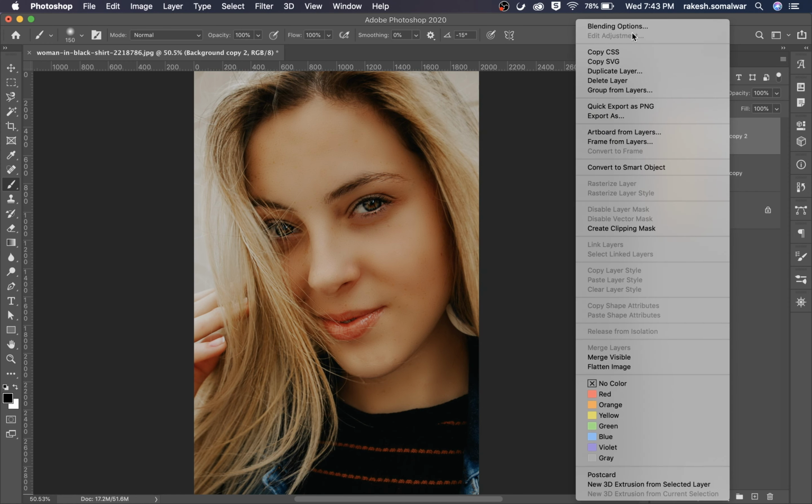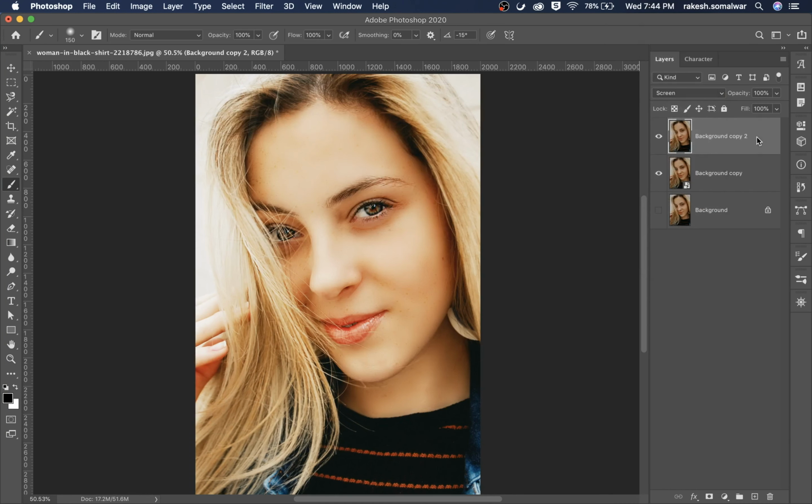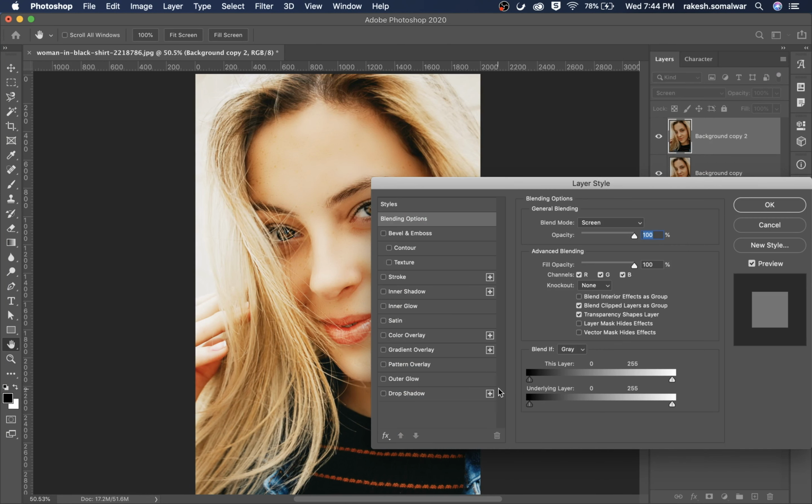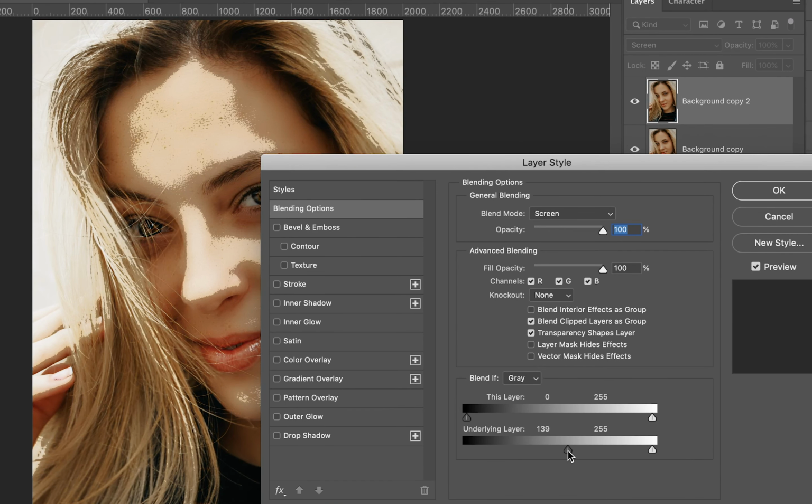So go to blending options, make it screen, and go to underlying layer effect, move the black part to the right side and press the Alt key and divide that into 2 till the desired effect.